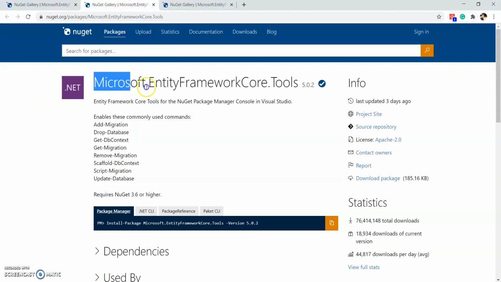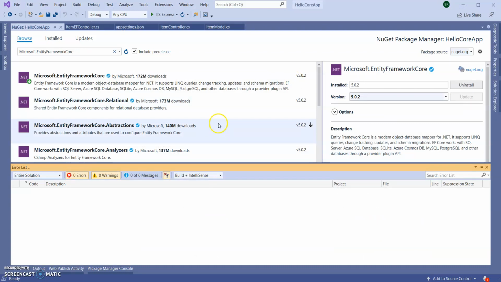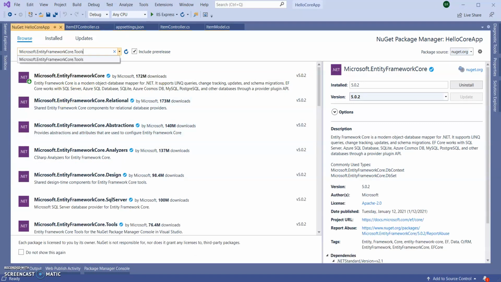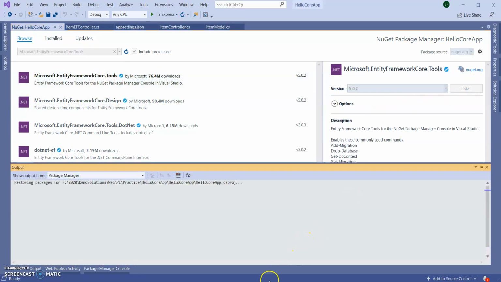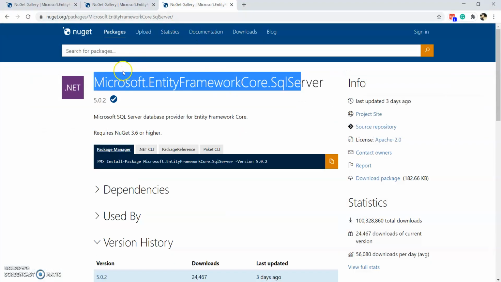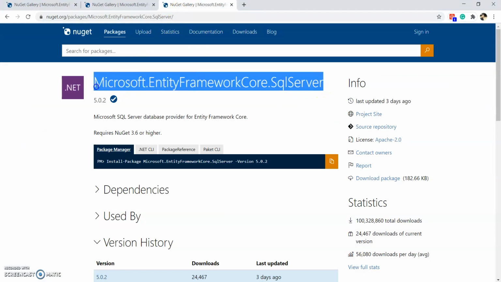Second one is Microsoft.EntityFrameworkCore.Tools. So it got installed. Now Tools. And the last one is Microsoft.EntityFrameworkCore.SqlServer. Guys, you may say it's SQL or SQL.